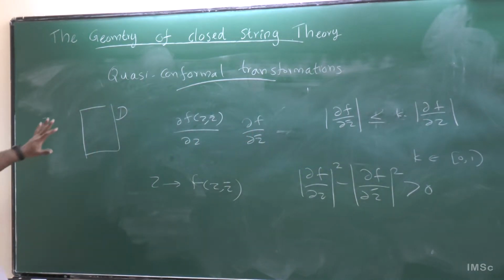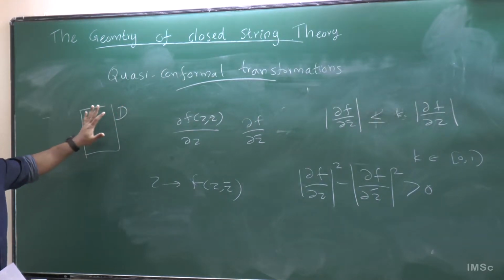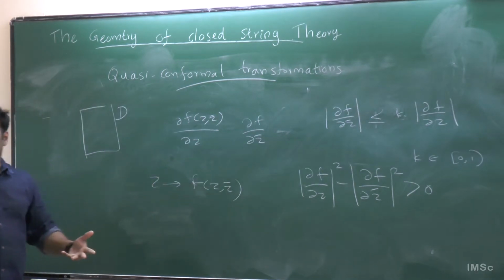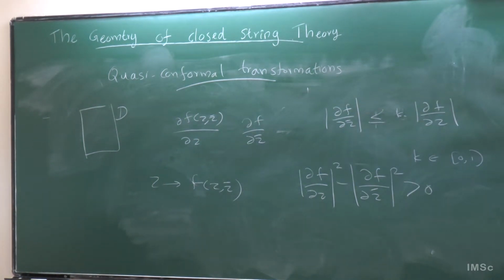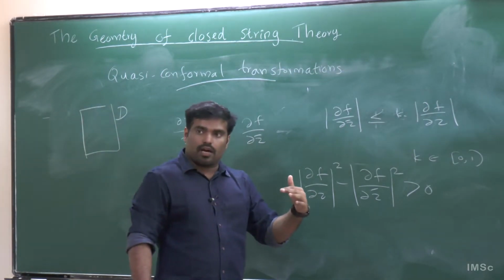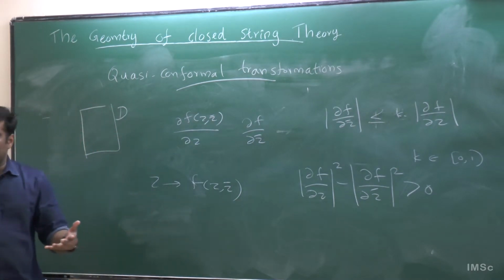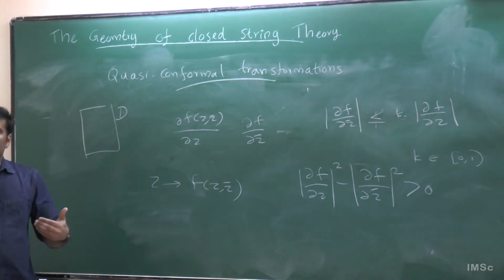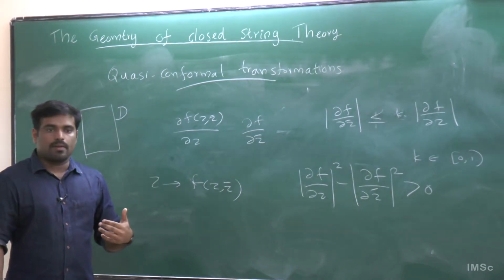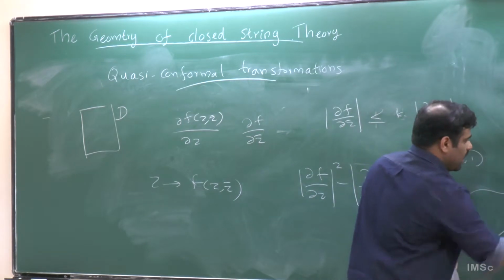So let's assume that D is a domain in the Riemann surface. When I perform a quasi-conformal transformation in that domain, that can change the complex structure of the Riemann surface. So in general, you are staying on a Riemann surface R, and in some region you are performing a transformation that will change the surface itself. So that way you will be able to go from one complex structure to another. So you always work with a Riemann surface R,